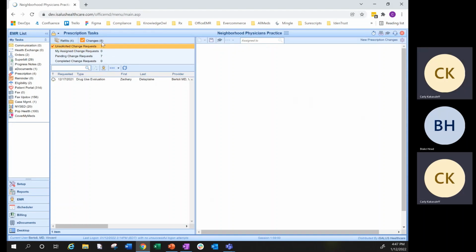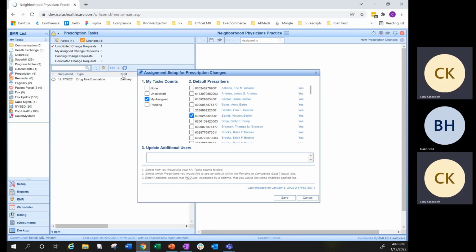So this queue, again, like your refills, you'll want to come in here and set up the assignment. For most of you, what you'll select is none because you don't have your change request turned on as a service level. Once you have worked with support and you've turned change requests on, that's when you'll want to come in here and, again, similar to refills, set up your task counts and your default prescribers for the change